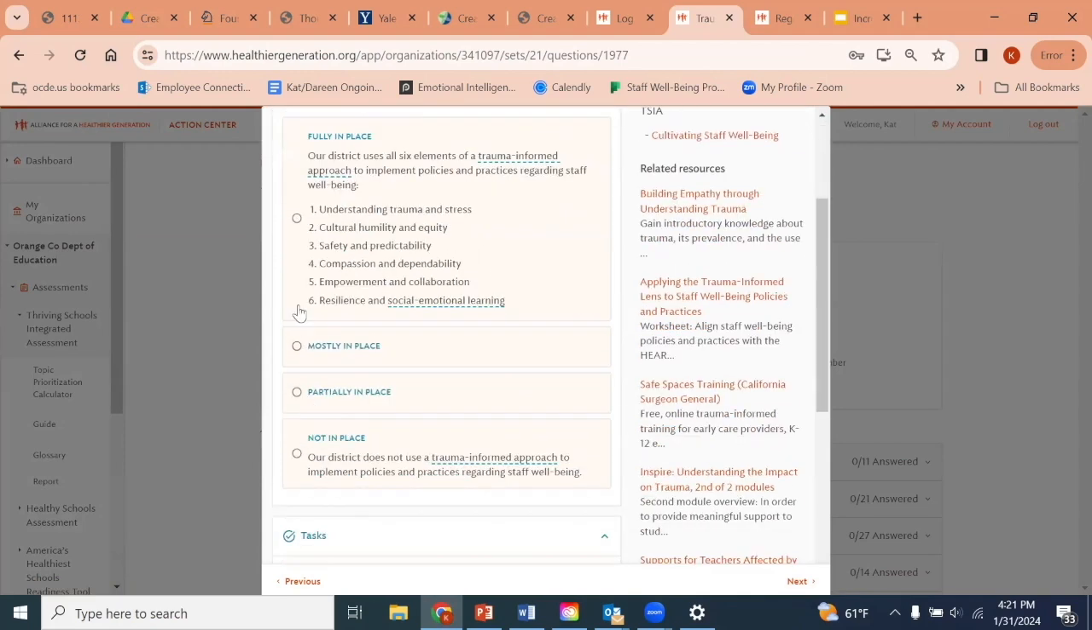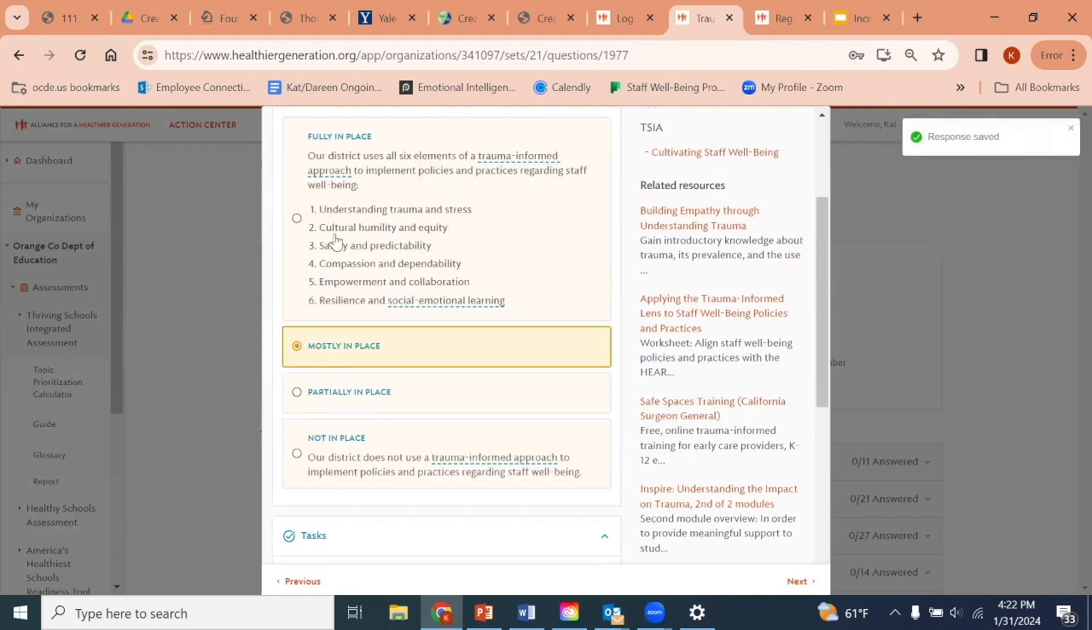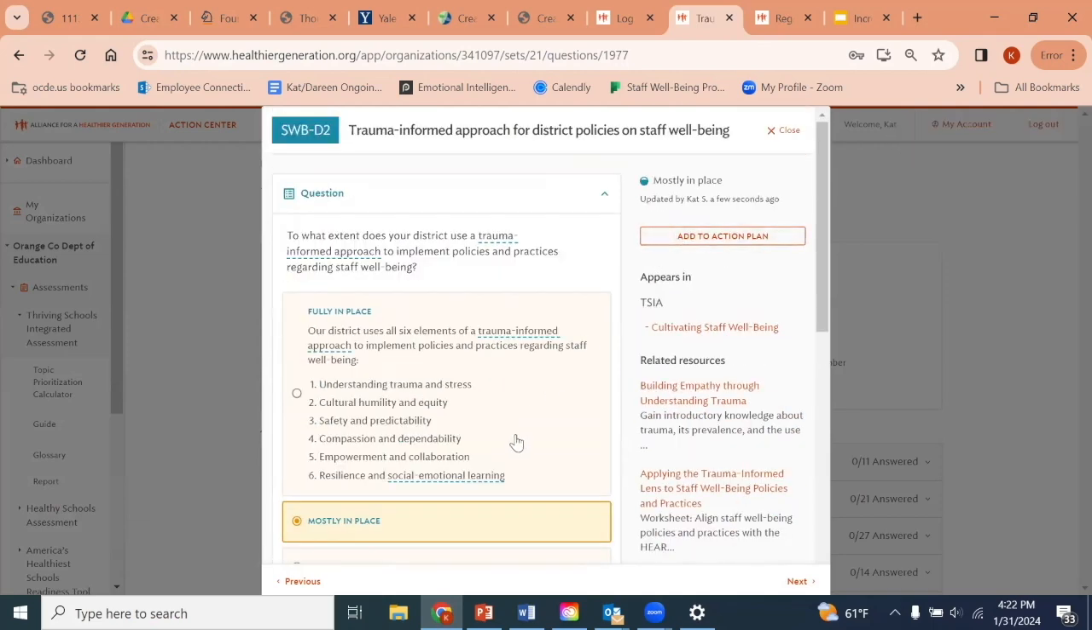So say we're not quite fully in place here for using our trauma-informed approach to implement policies and practices regarding staff well-being. This happens to be the HEARTS approach that is mentioned here, these 6 areas. And maybe we're doing an okay job with this, but we're not quite hitting all of these. So we want to say that this is mostly in place. And then if this is a goal I want to focus on this year, I can add it to my